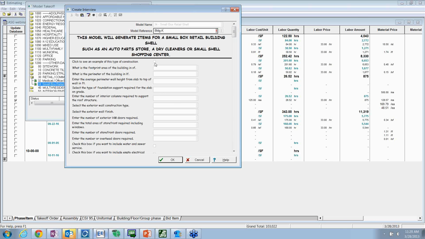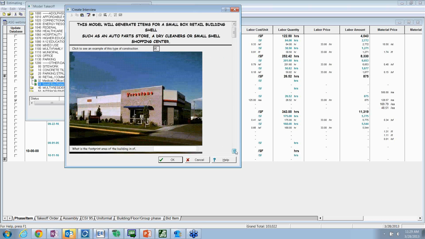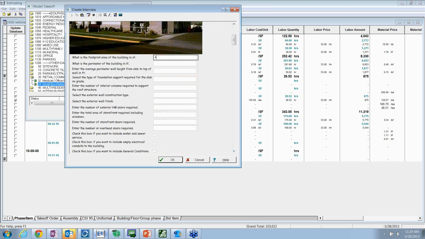But the whole concept with this is that this is utilizing the same database that I've been showing, all those items and assemblies. And so the concept of our modeling is, hey, you can answer it, I want to see a picture, and as I fill out this information here,